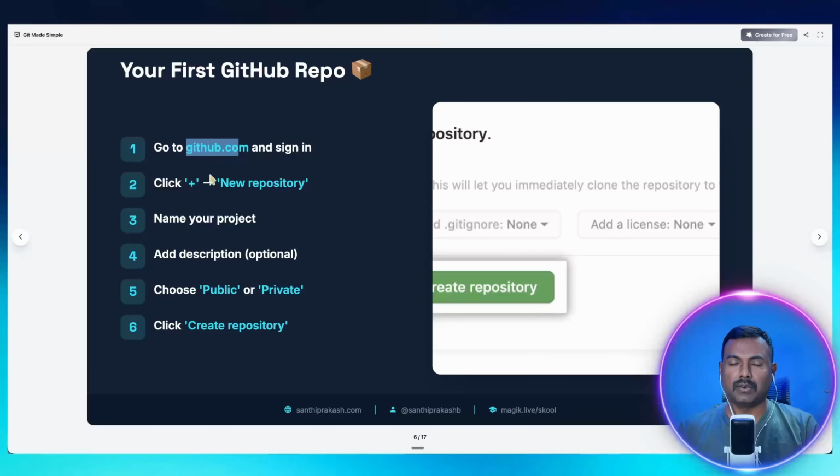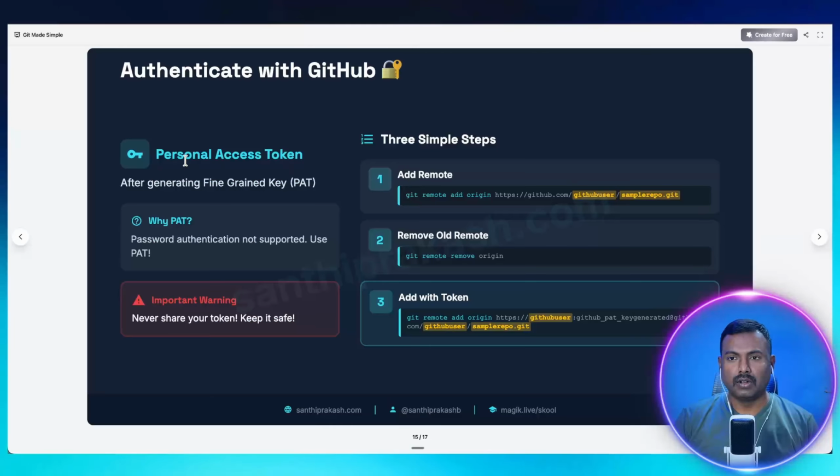There are similar platforms like GitHub. You can look at Bitbucket, you can look at GitLab. These are various platforms, but once you understand Git and GitHub, you can use the same process in all of them. Earlier it used to allow username and password, but now you should use a personal access token. Again, this will be covered in the practical session, where you will be adding your repository using the personal